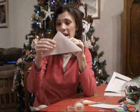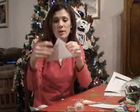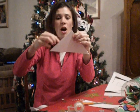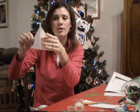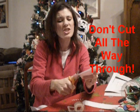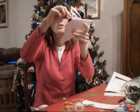We're going to make some cuts. We're going to make 3 cuts in this triangle. Where are we going to make them? Well, we're going to make them on the fold, right across from the opening. Okay? When you cut, you are not going to cut all the way across, just to the edge, so that there's still a little piece hanging on. Make 3 of these cuts,